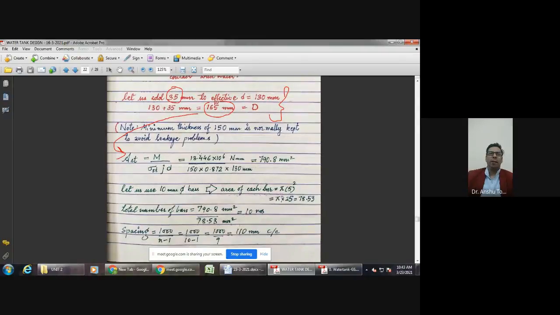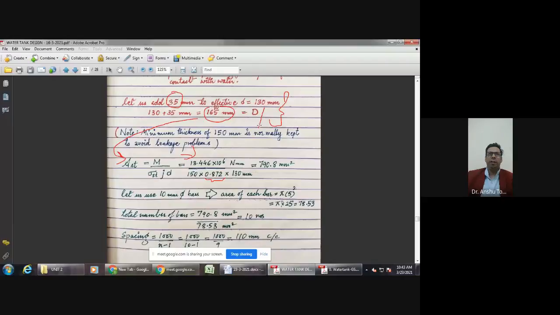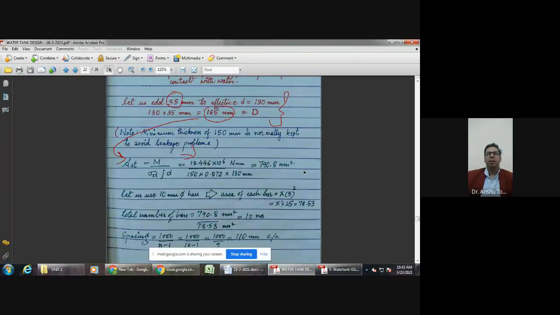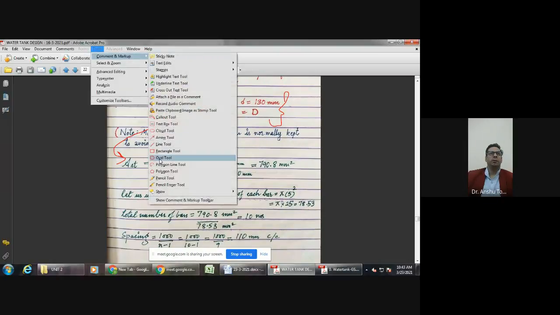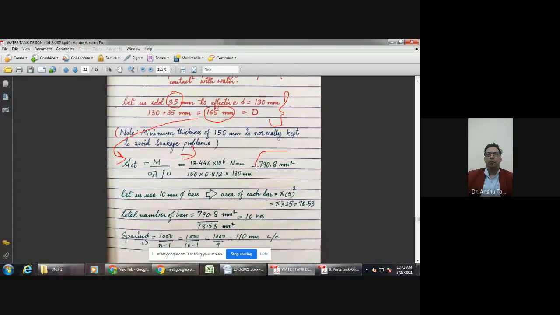So that cantilever moment is supposed to be put here. And corresponding to this, by putting other coefficients, sigma st is always going to be 150 for the Fe415. This is the permissible stress. J we have evaluated, and D we have also evaluated. D will come from here. This will give us 790.8 mm square. This is very close to 791 mm square.